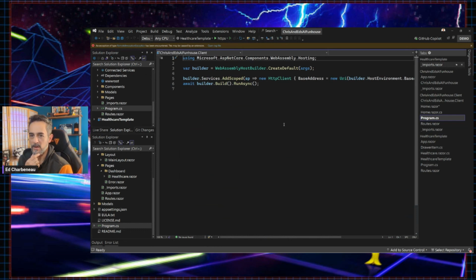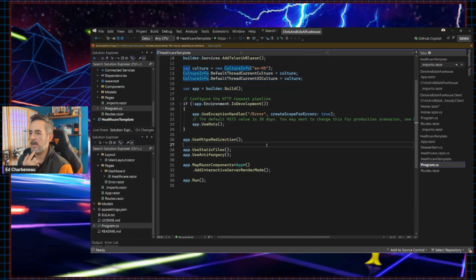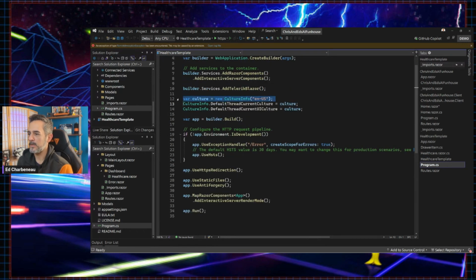We've got almost nothing in our program CS. There is a lot more going on in this one, mainly because this is an all server app. We've got all the Razor component stuff. We've got culture info. Let's go ahead and take that and set. Where's that being used? Culture info. That's just global. We'll go ahead and take that and put it in our app as well. So